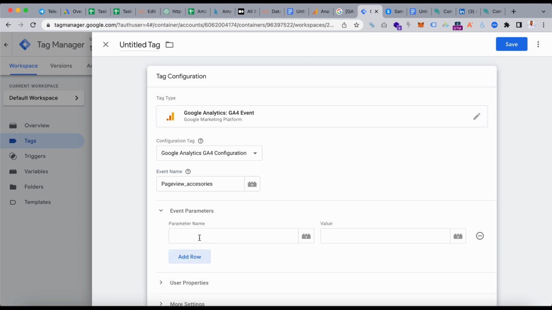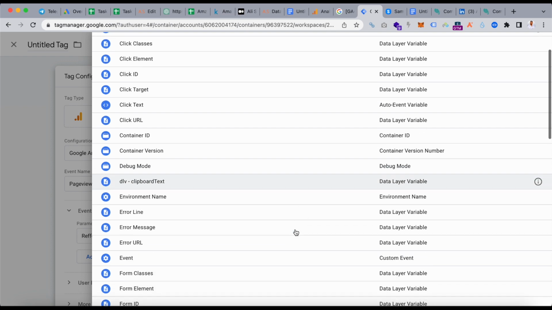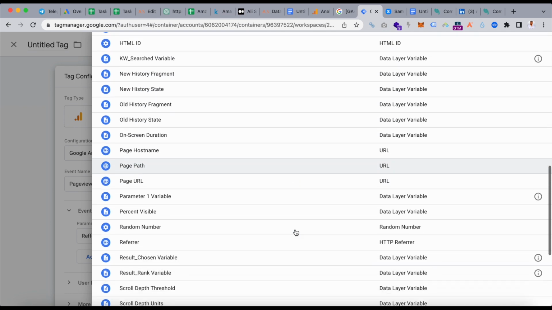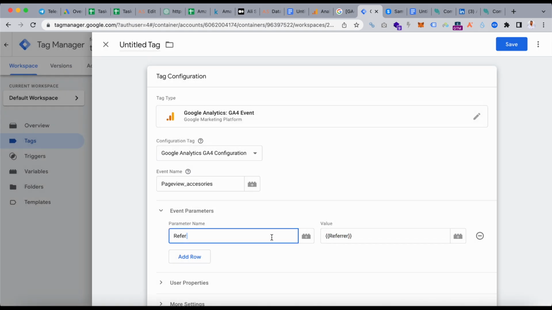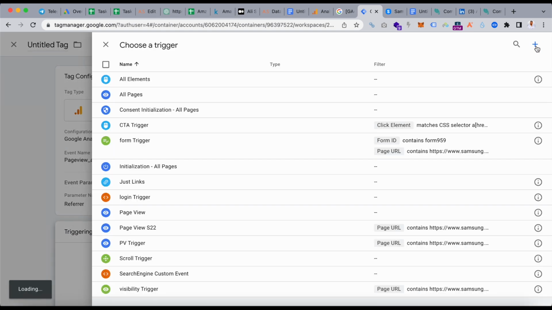And you can add any parameters, like maybe referrer. I want to know which page led to this, so referrer, let's find it here. All right, okay, and I will choose the trigger here,